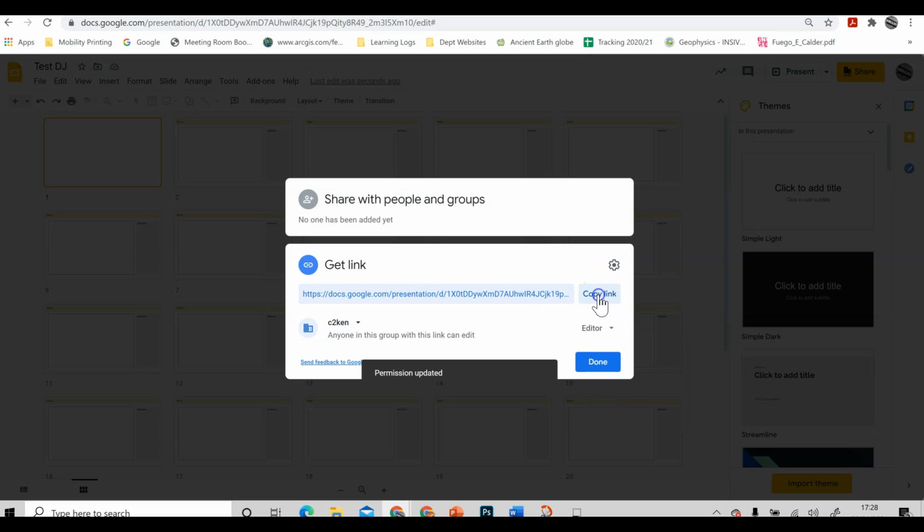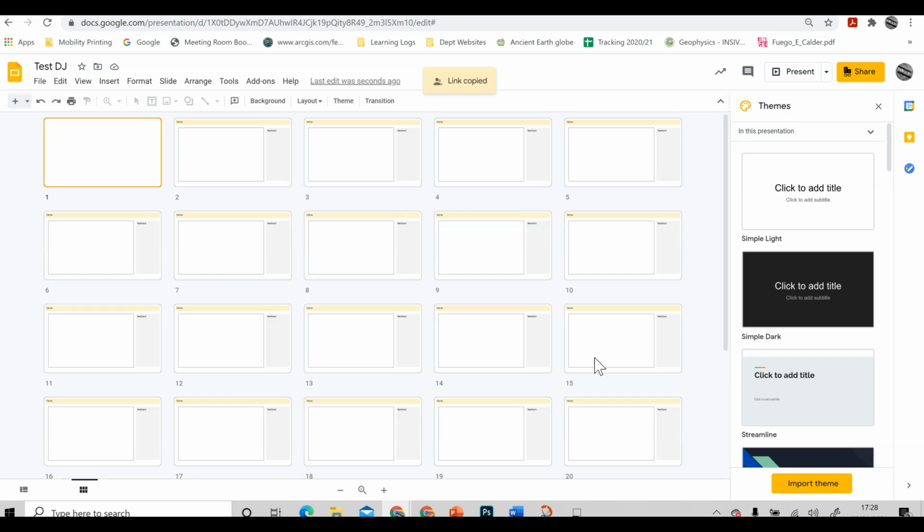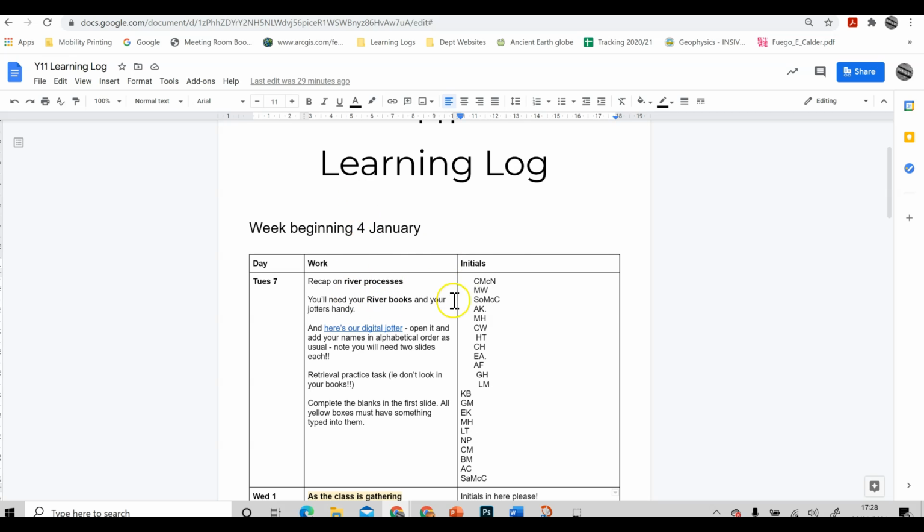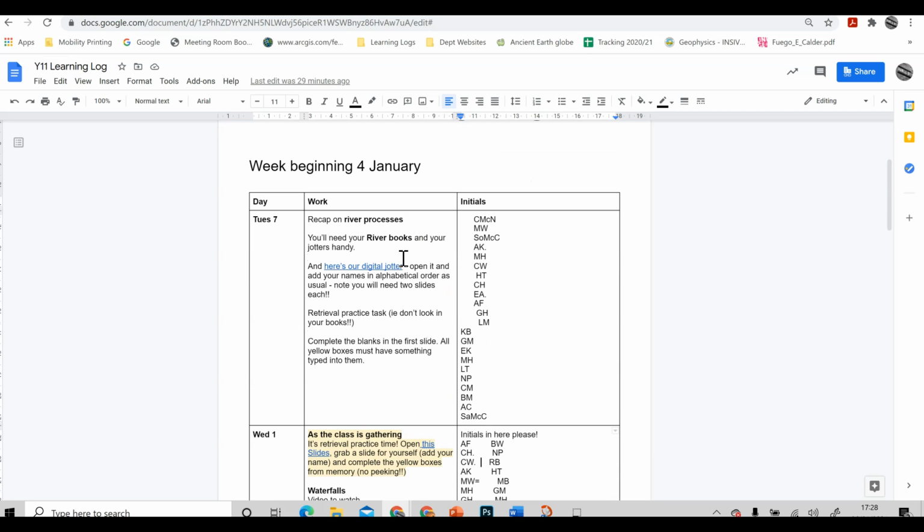I copy the link and that's ready to use. Now that brings me to a second little idea that I'm finding to be very, very helpful with this. It's what I've called the learning log. What I do with this is set this up for my pupils in the week in advance, and